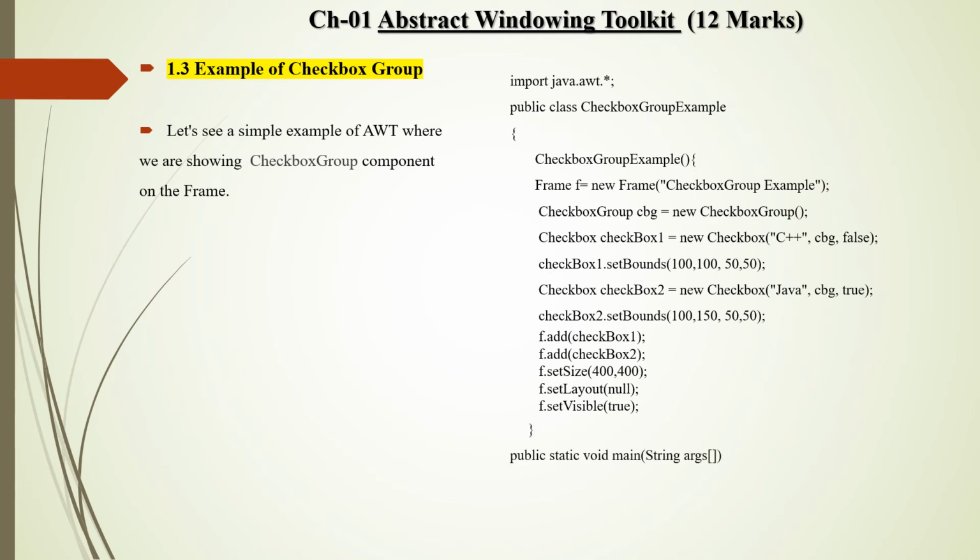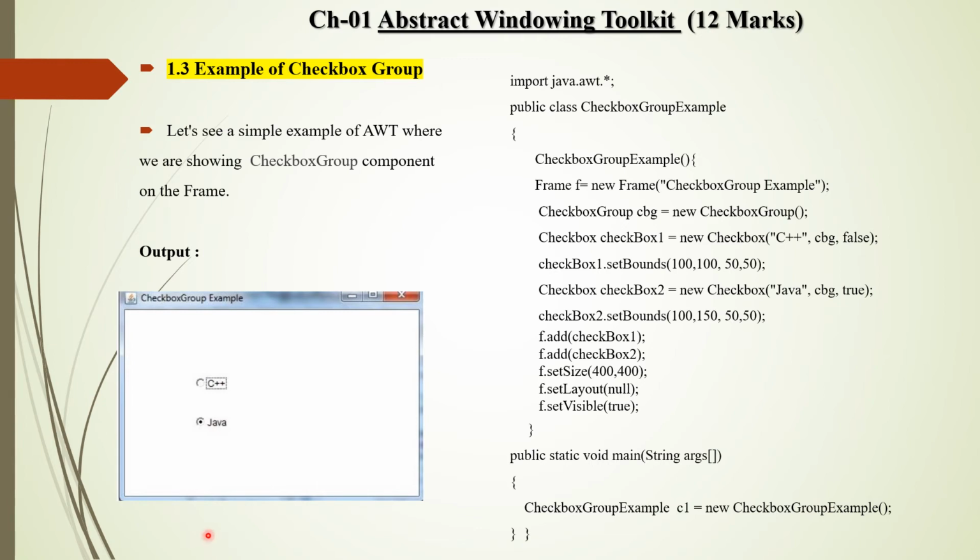At last we define the main method, that is public static void main(String[] args). Inside the main method we create one object of the CheckboxGroupExample class, that is CheckboxGroupExample c1 = new CheckboxGroupExample(). So this is the code to create checkboxes on a frame. So the output of this program is